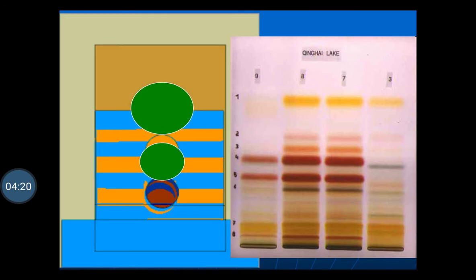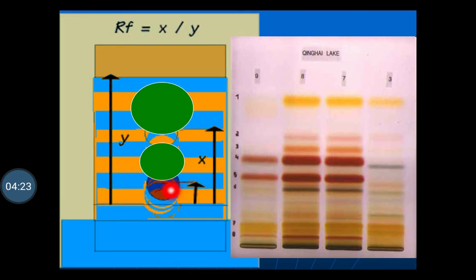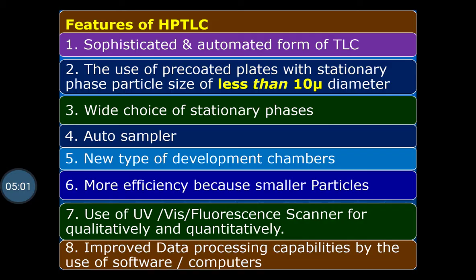In this picture also, you can see that in our conventional thin layer chromatography, when the spot is applied, it will get separated, and during the separation it will increase in size. But when the sample is applied in the form of bands, it will not increase in size during the development. The size will remain as it is, so that the chances of the merging of two spots into each other can be avoided due to the application in the form of bands.